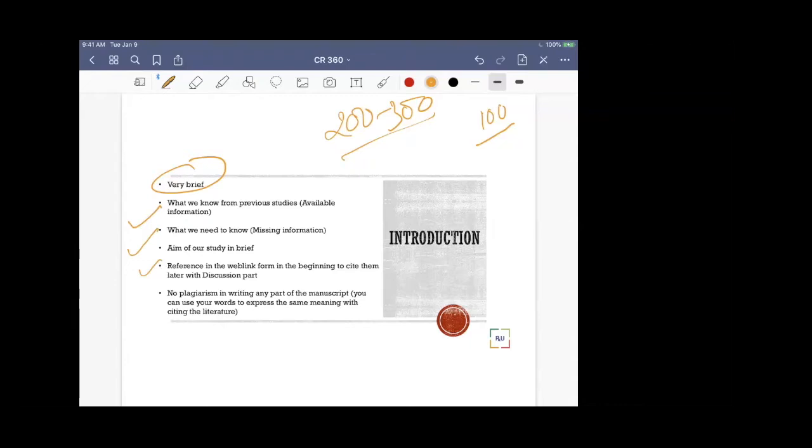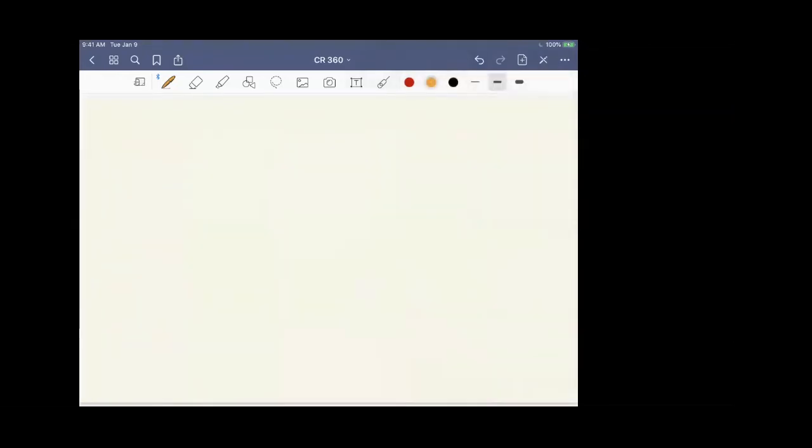Now, what will be in paragraph number 1? For the first paragraph of the introduction, I usually recommend writing something about the burden of the disease. I'm writing here: burden of the disease. Let's say you are doing a study on ethnicity and cardiovascular risk factors, then you need to identify the burden of the disease from previously published data. That is number one.